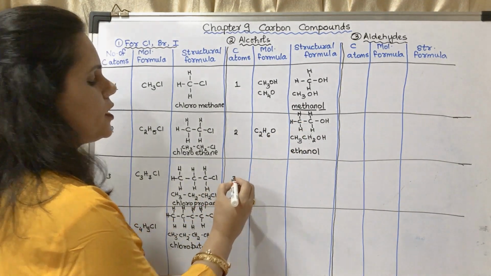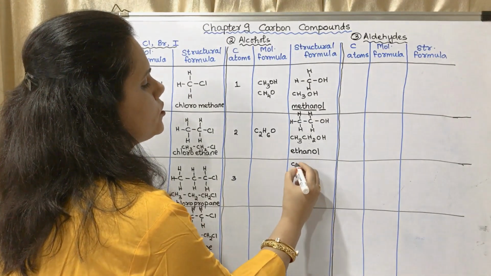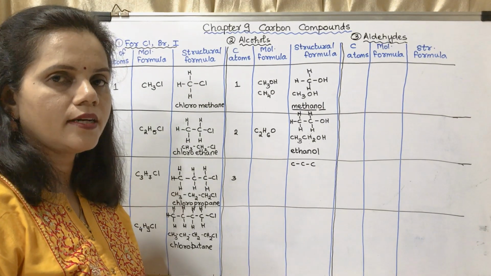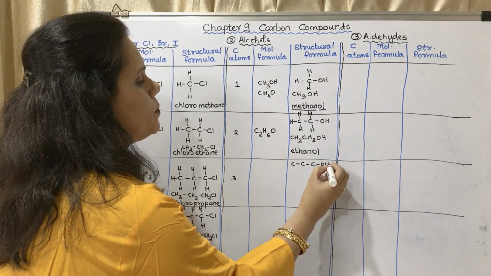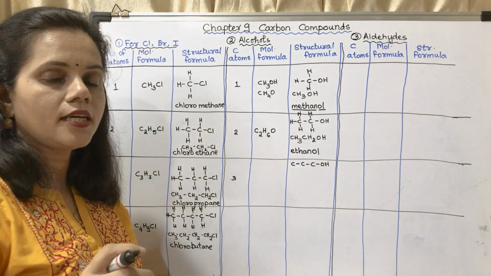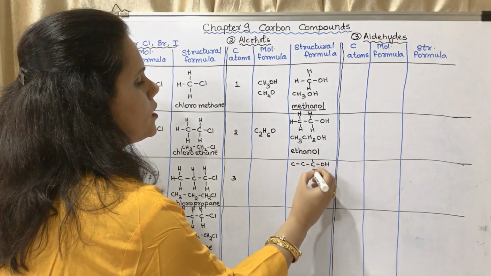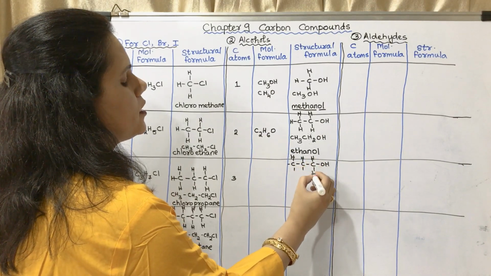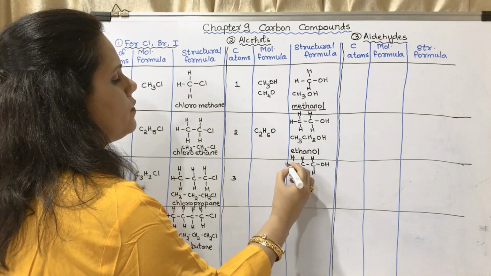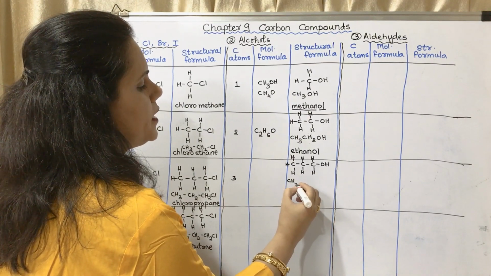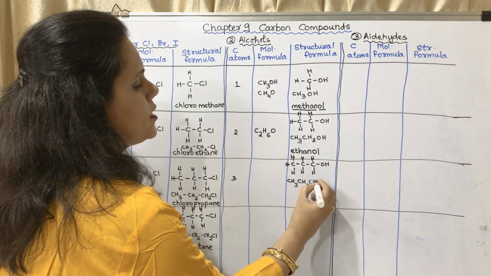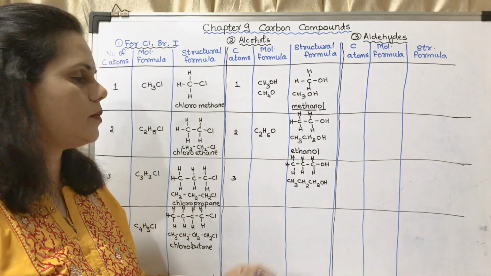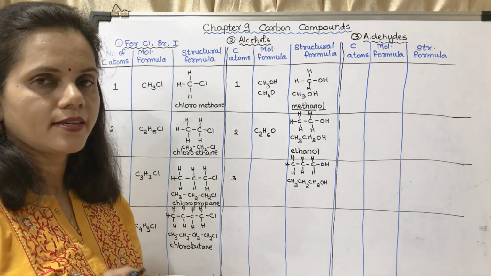Now the third is with 3 carbon atoms. I will show you 3 carbon atoms. I have drawn the 3 carbon atoms first. Then the next step is to draw the functional group. I have drawn the functional group here. You can put it anywhere. The only thing is OH should be together. So here there will be H everywhere. What will be the condensed structural formula? It will be CH3CH2CH2OH. In the condensed structural formula, you come to know the functional group from the structure itself.